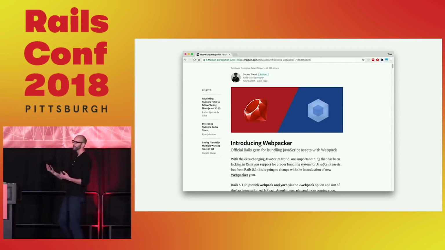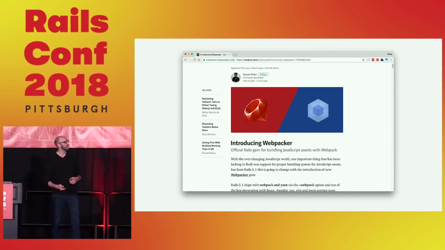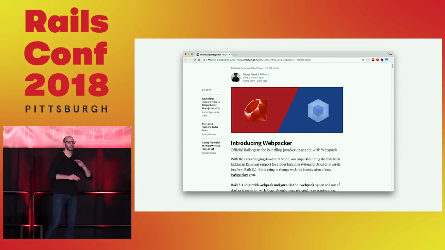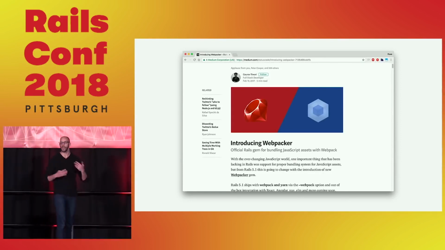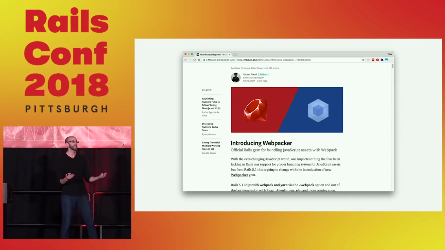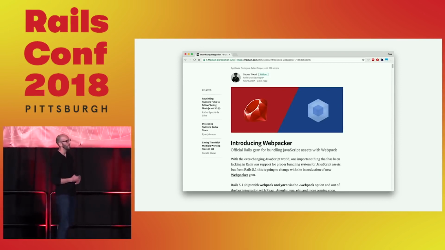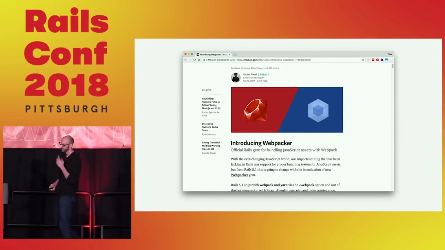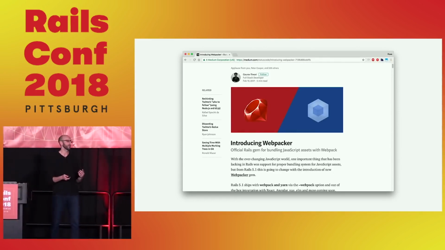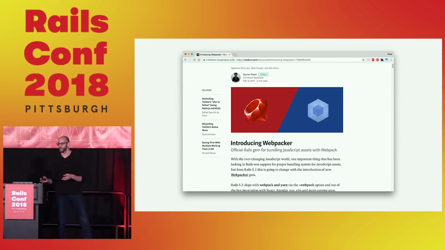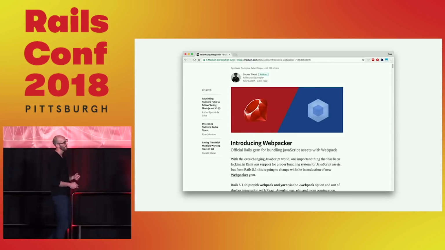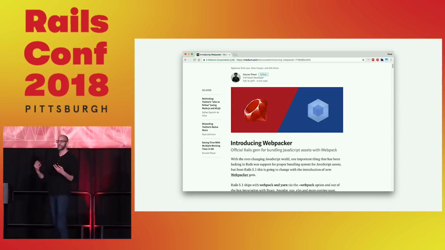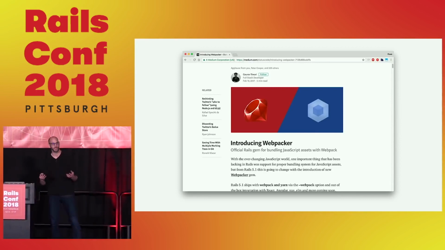Like DHH referenced in his opening keynote, it's a leaky abstraction. Even though it hides from you a lot of the complexity that you might get otherwise if you had to set up Webpack yourself, ultimately, when I used it at least, I still needed to understand how it all worked anyways. But you know what? That's actually a good thing. I feel like it's the start of something that can improve over time. Just keep in mind, you will have to stay up to date because this project moves very fast,